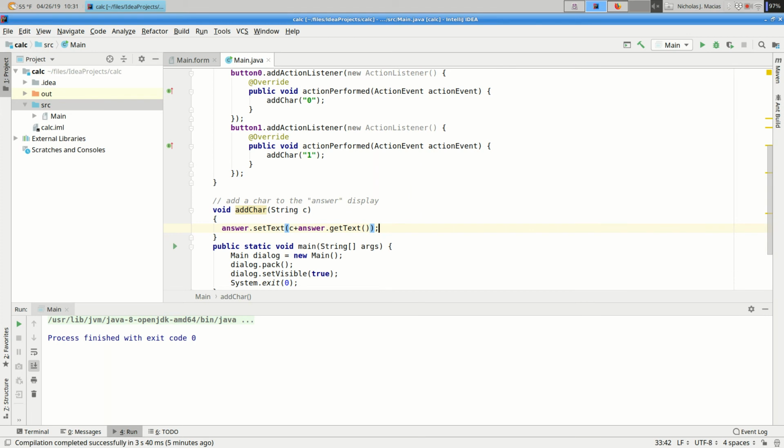So what's that? We're saying read the text that's in the label right now, append the string c to the left of it, and now set the label's text to be this new string. And that's all it takes.